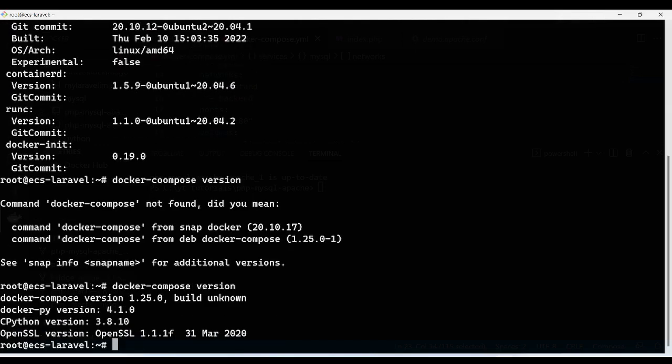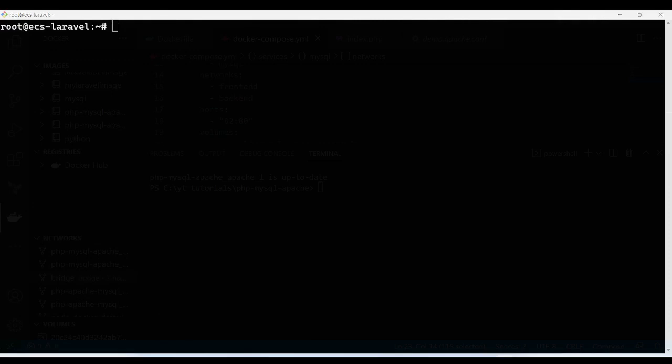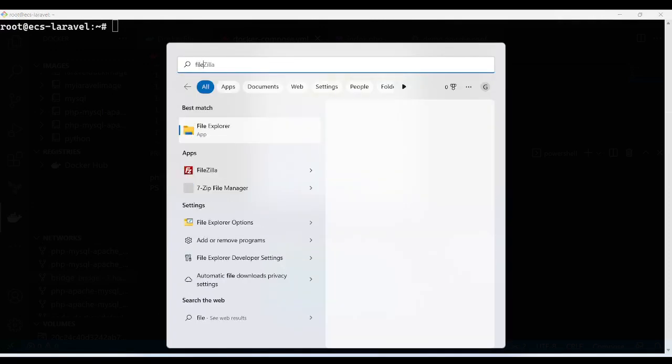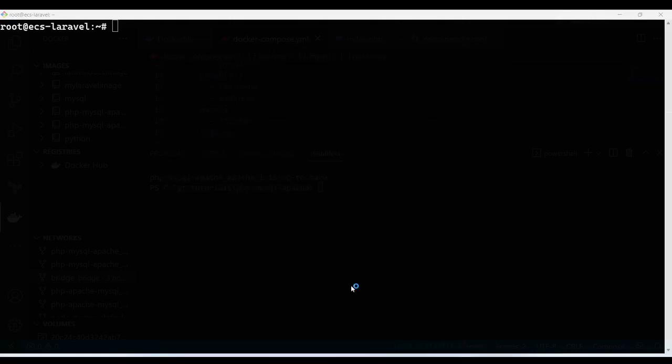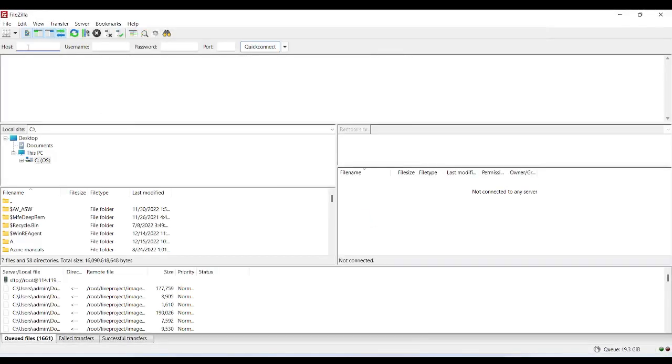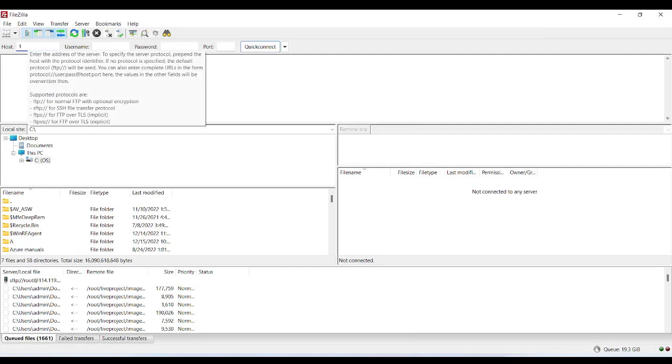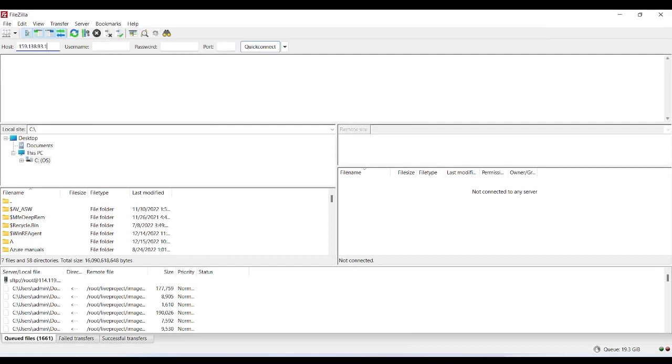So here we can see Docker Compose is also installed. Let me clear. What I'll be doing is copying the file from FileZilla to my server. So let me open FileZilla and enter my host. My host is 159.138.93.148, my username will be root, and my password is